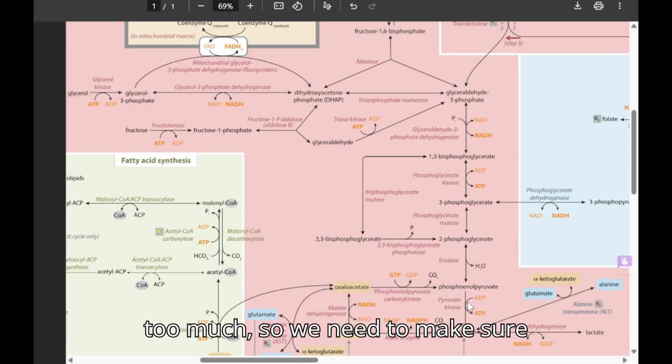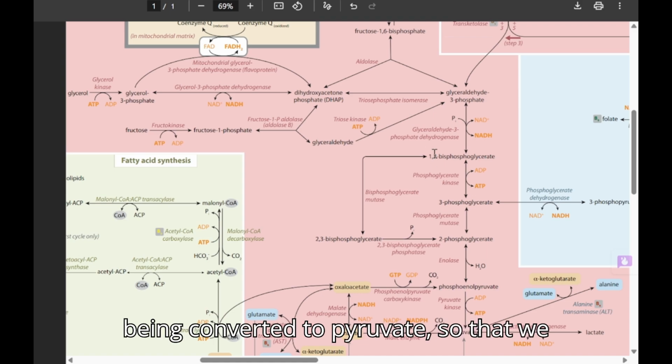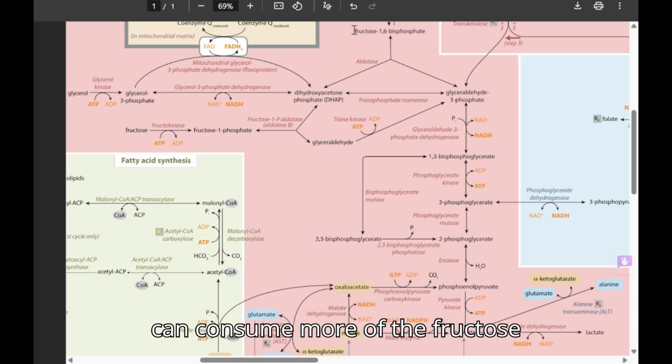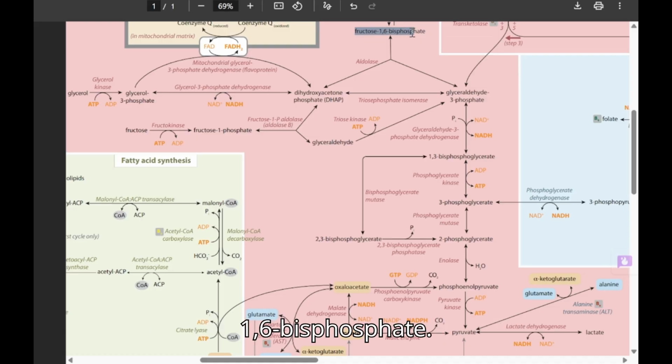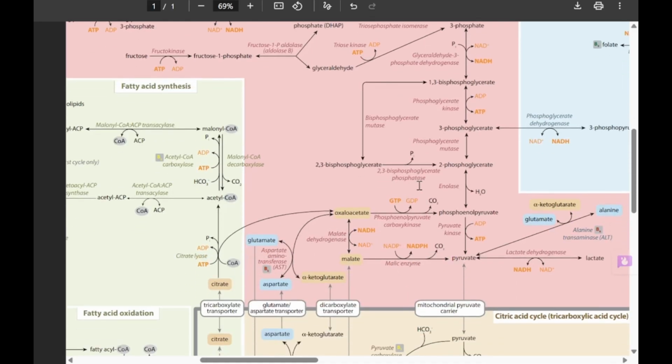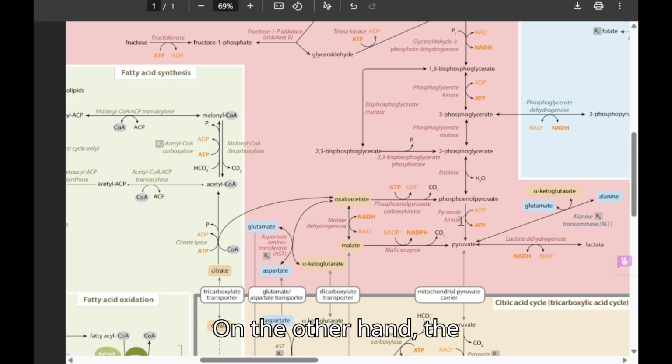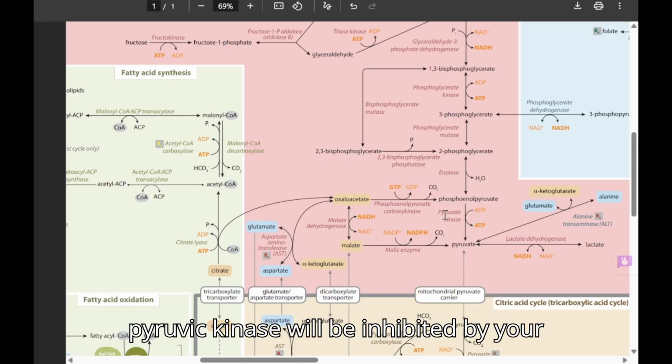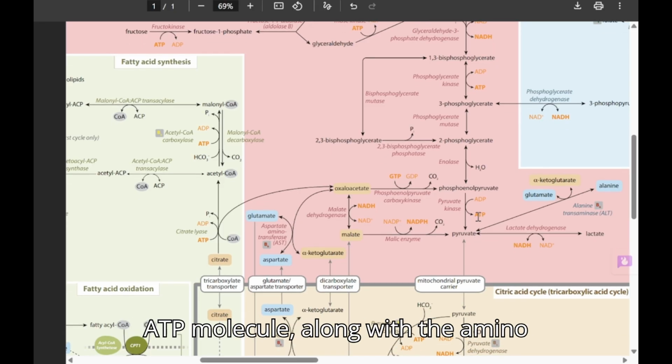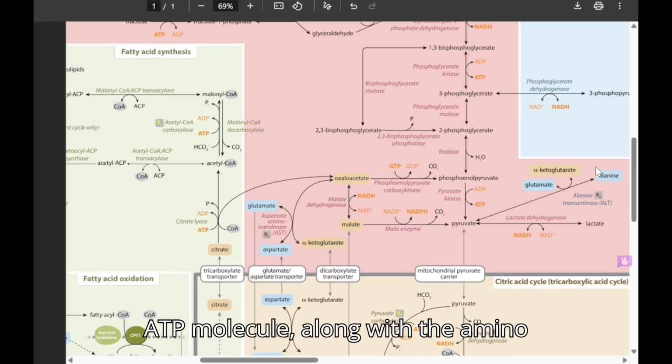So we need to make sure that more of these intermediates are being converted to pyruvate so that we can consume more of the fructose 1,6-bisphosphate. On the other hand, pyruvate kinase will be inhibited by ATP along with the amino acid